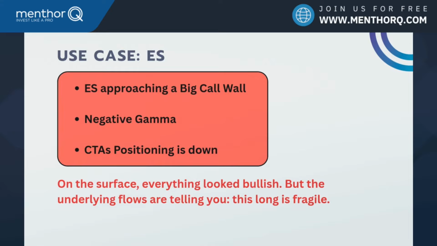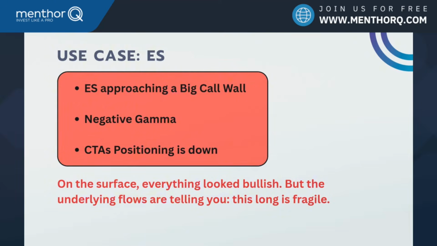Second, we can see our positive or negative gamma condition. So we can see if, compared to yesterday, we have seen an accumulation of negative gamma, and negative gamma means that dealers are forced to chase price. So they sell on the way down and they buy on the way up. And this tends to amplify volatility. So instead of a smooth breakout, you're now walking into a potential whipsaw. So like maybe there's a pinning effect at that level, and maybe you see a lot of choppiness throughout the day.